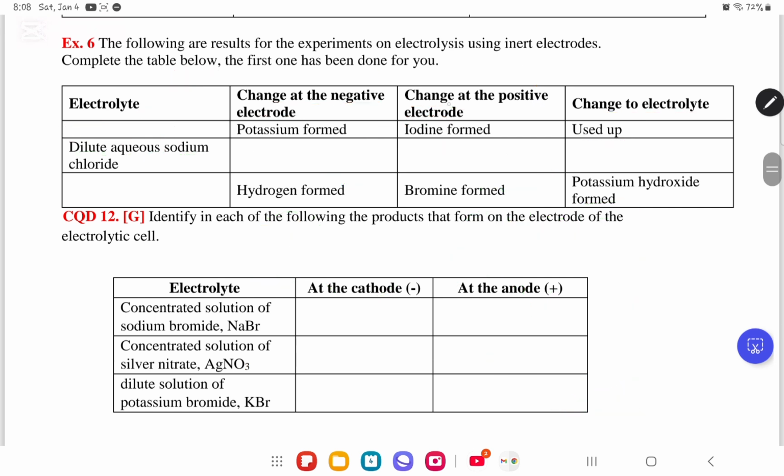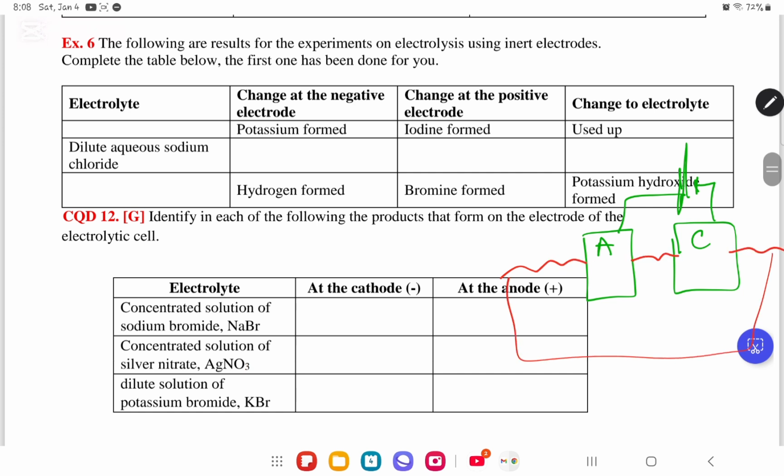So I think I would prefer if I drew a diagram. Okay, we have here the anode, here the cathode, and here this is a battery, let's say. Okay, and let us imagine that we are putting in this dilute solution of sodium chloride, which is NaCl. What is going to happen is that we are going to have Na everywhere, Na, and then Cl. But since it's dilute and aqueous, that means it's put in water. So we have also H2O molecules, which will also form OH minus, and then H plus,